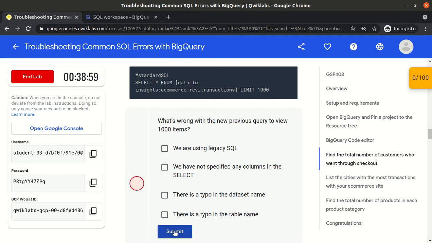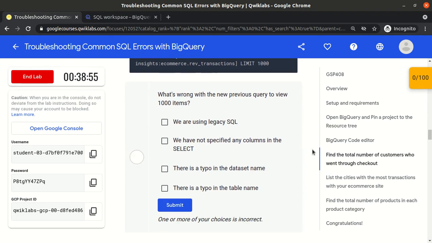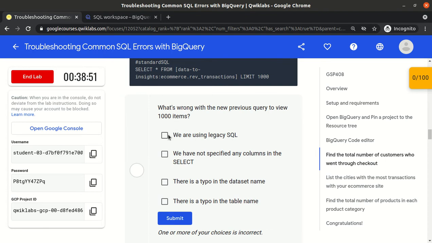Why is this wrong? This format is legacy SQL, that is definitely correct. There is a typo in the data set name. Yes, correct. Typo in the data set name or typo in the table name?